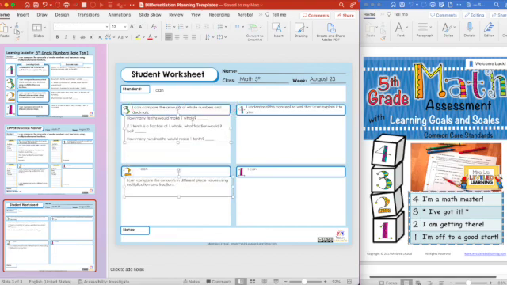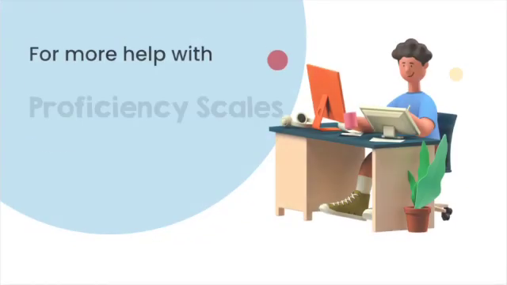This student worksheet is what your students can print and work on in front of you, so they can show you what they've mastered, how far they've mastered. There's different ways to use this worksheet with students. You can have them start at level 1 and work their way around to level 4 in order. They could work on their own, which will give you more information, like a pre-test. Or they can work with a partner if you just want them to practice recognizing the differences between each level.